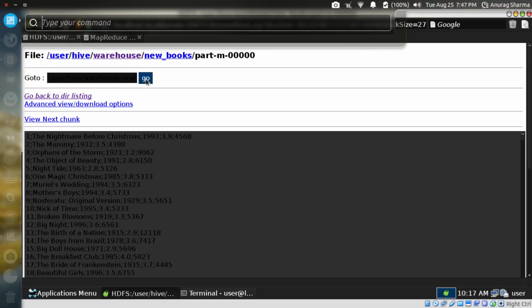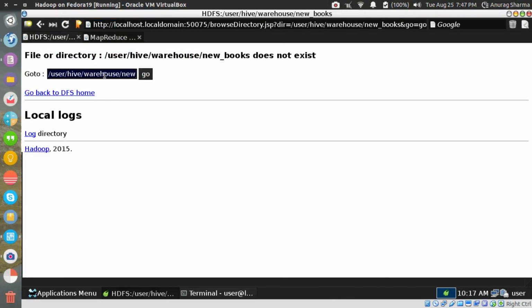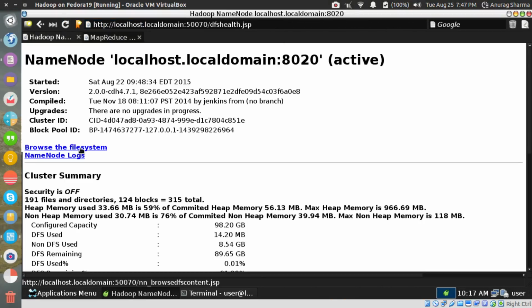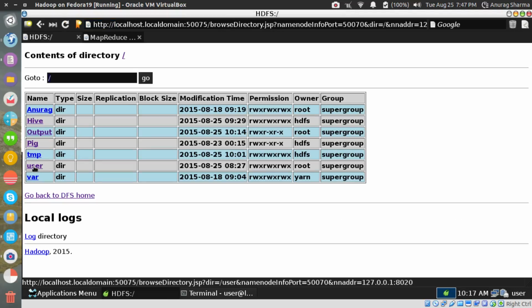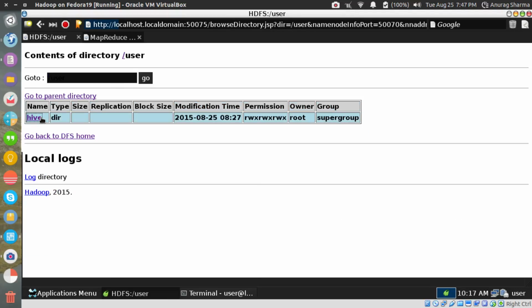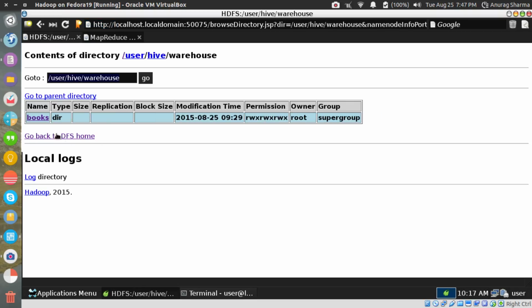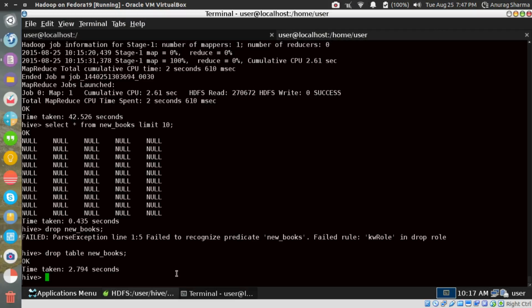Okay. Now if I happen to run this, it says, boss, what are you doing? So just hold on. It's user slash hive slash warehouse. You don't see the particular table. Not only do you not see the table name, you also don't see the data that was inside it. So basically the entire Pig command that you ran, the output is lost. This is one of the disadvantages of using the internal table. So, internal Hive tables.